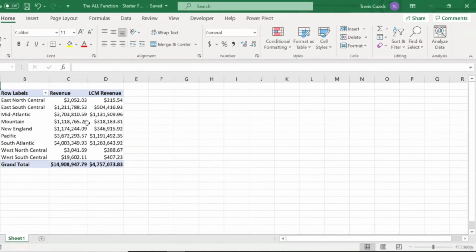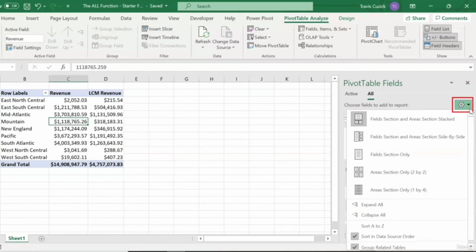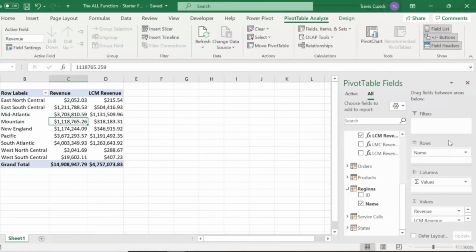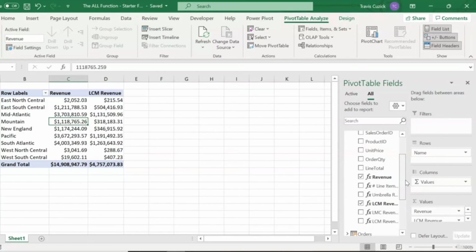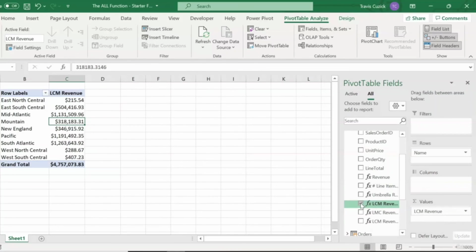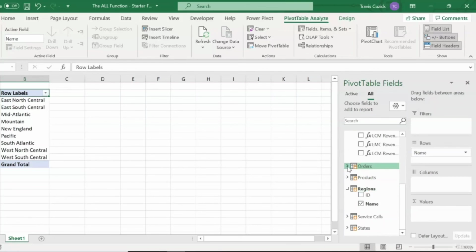So first up, I'll remove these existing measures from our pivot table and replace them with order count. And because at this point we've added quite a few measures, I'm actually going to change the layout of my pivot table field list to make it easier to find my measures. So I'll click this gear icon, and then I'll choose this Fields section and Areas section side by side option. And this gives me a little bit more room to view the fields and measures that I have available to add to my pivot. So first I'll remove revenue and LCM revenue, and then